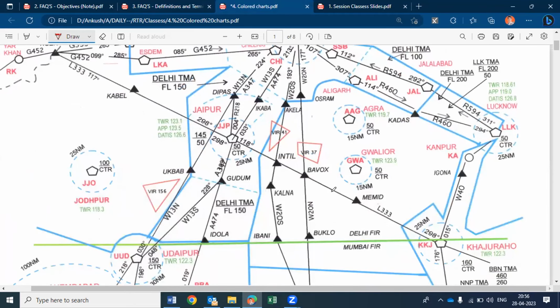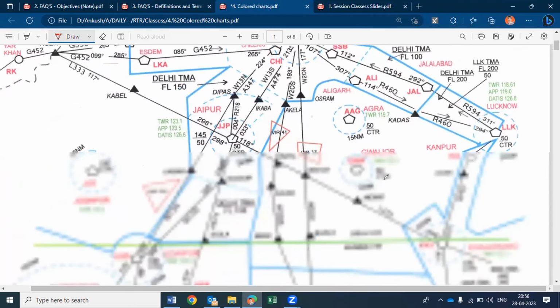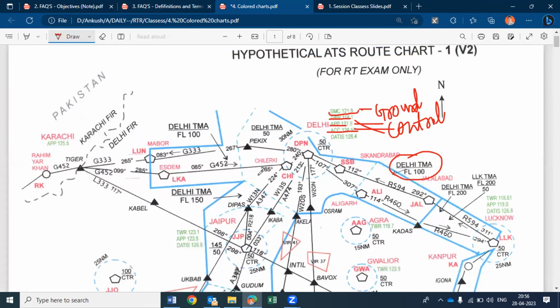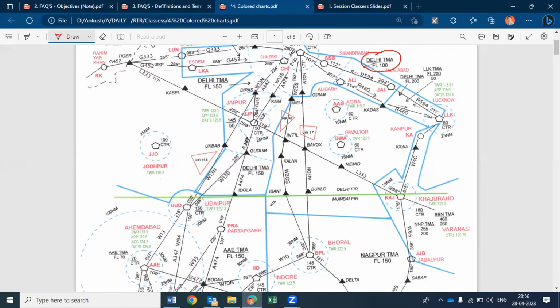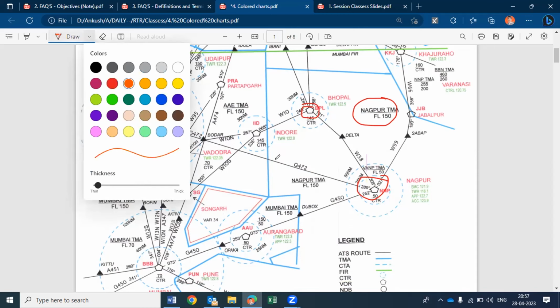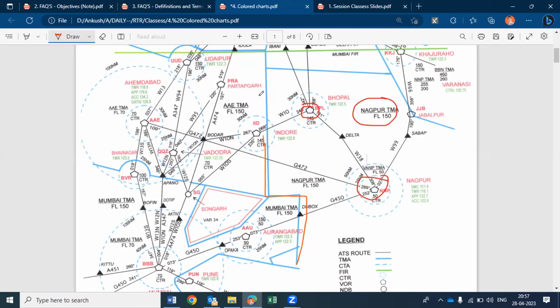But in the detailed chart, you may sometimes notice, so what is written there? Delhi TMA, it's TMA. And in this region also, either. Where is Nagpur? Nagpur is here. Where is Bhopal? Either. And ये जो आपका कंट्रोल बाउंड्रीज है, ये है यहां से यहां तक. This. In this section,